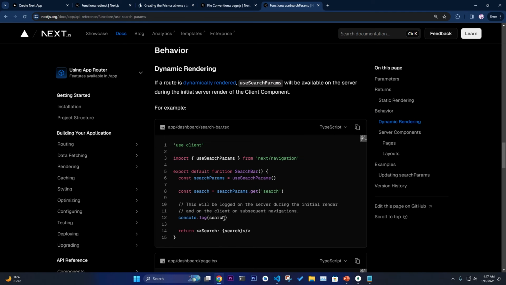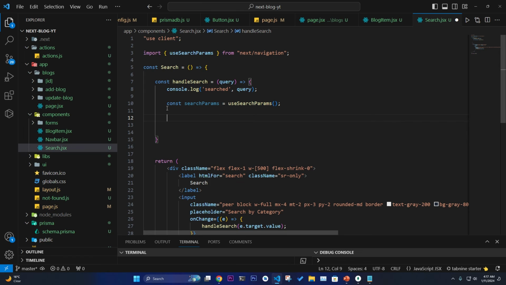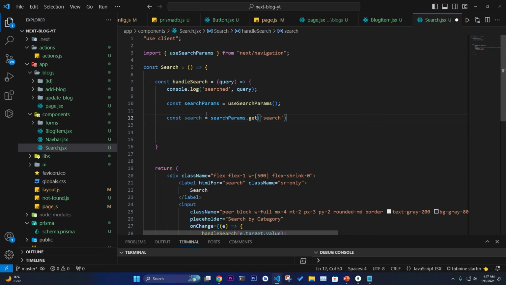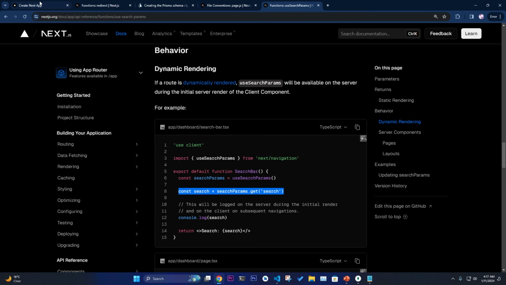So this is the thing this says. If you just write now searchParams.get('search'), you're going to get the search items. If you just copy this and paste, I'm going to name it query. Okay, search query is equal to searchParams.get('search'). If you just write here,